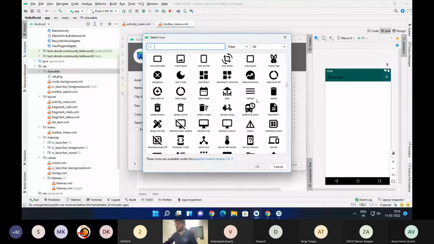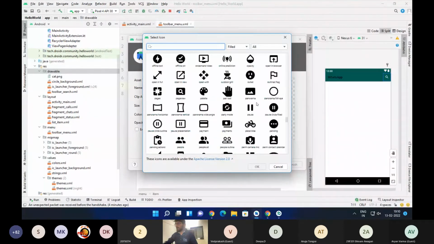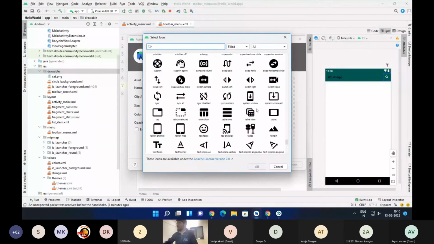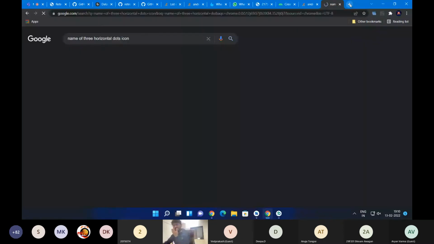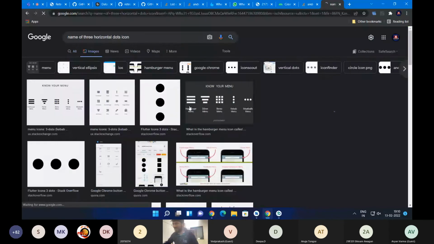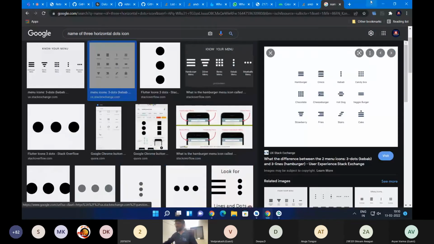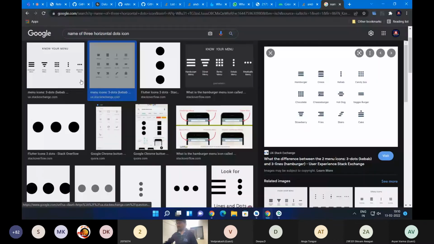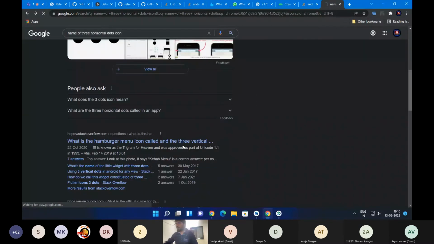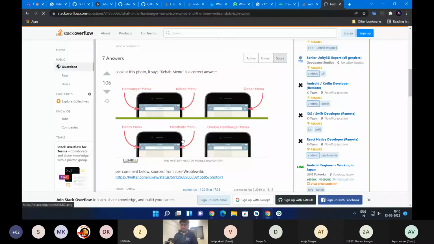Three horizontal dots. What are they called? Name of three horizontal dots icon. Kebab menu. So this is actually called kebab menu, but it is still not there. Three vertical dots, kebab menu. So let's go ahead actually and import it from